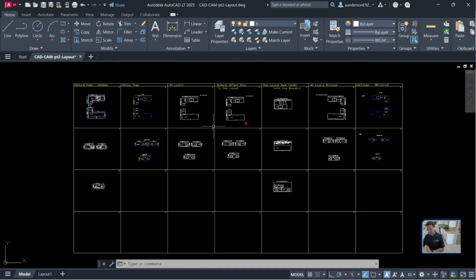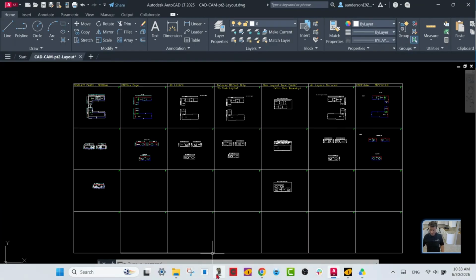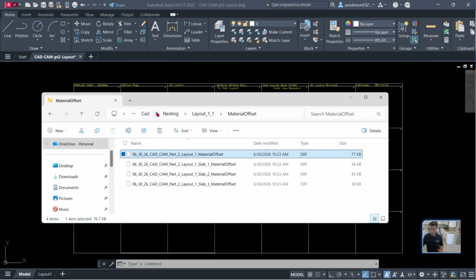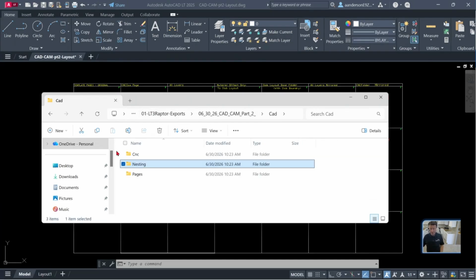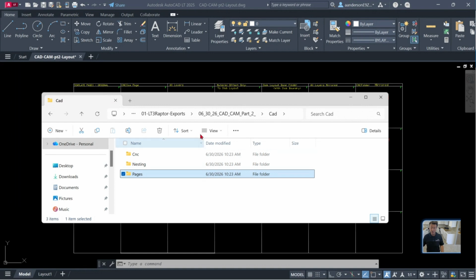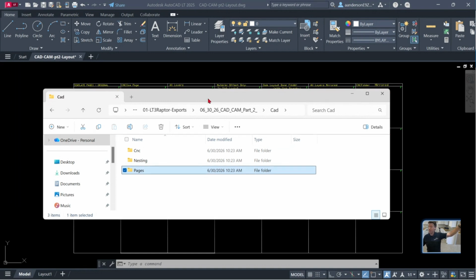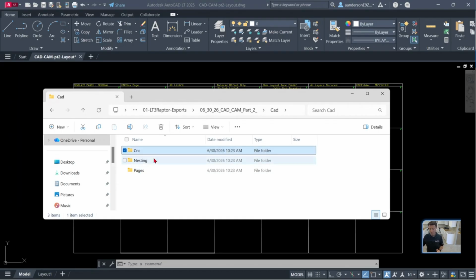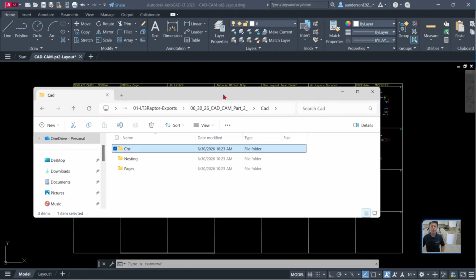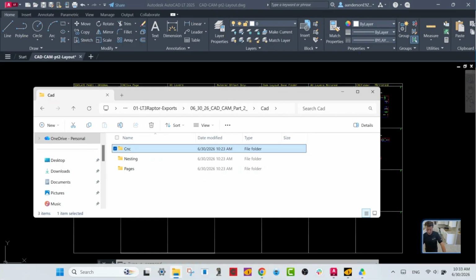All right, so what we'll do, we're kind of looking at this big grid of all the files. Again, I'm gonna just pop back into the folder, right? To begin with, I like to have all the folders that exist here in CAD. I have a CNC, a nesting, and the template pages. You can have all these files at a flat folder level, if you want to navigate them that way. I recommend starting with them in the folders, okay? Give me a second, I'm just gonna double check and see if I missed anything here. So let's hop into